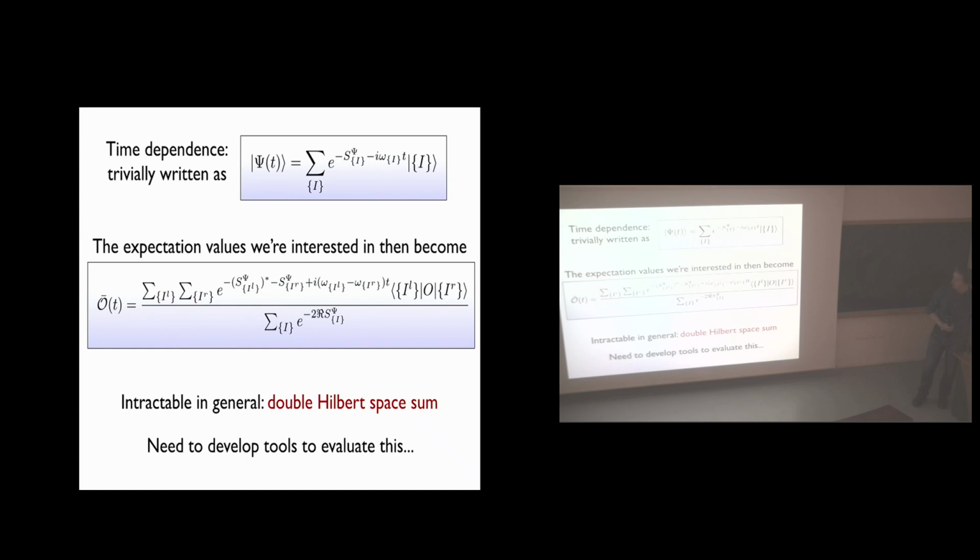So what's the difficulty, really? Well, I didn't tell you anything about the overlaps yet. We'll come back to that later. But of course, the big difficulty is the double summation over Hilbert space. Big time trouble here, because it's a double exponential sum. Okay, so we're going to try to find tricks to make that more palatable. Okay, that's the problem, this double Hilbert space sum. Okay, so let's try to simplify that thing.